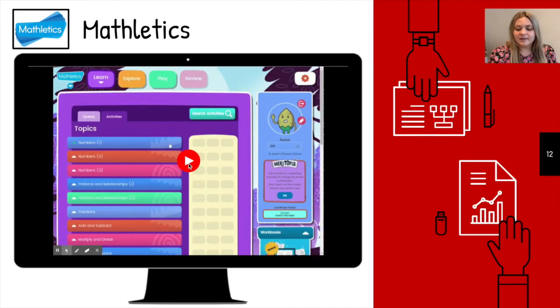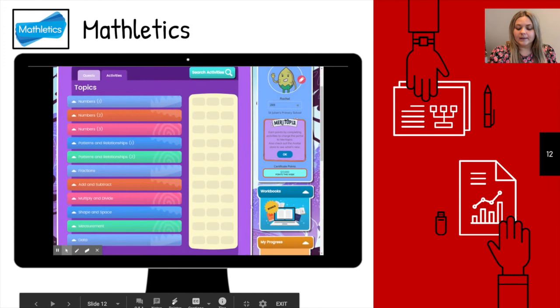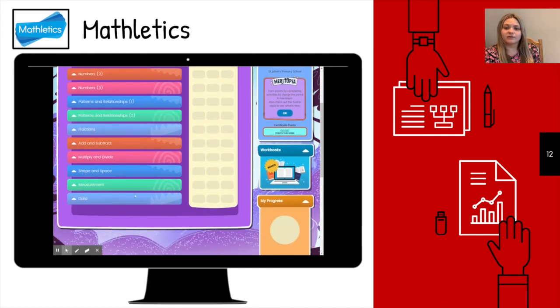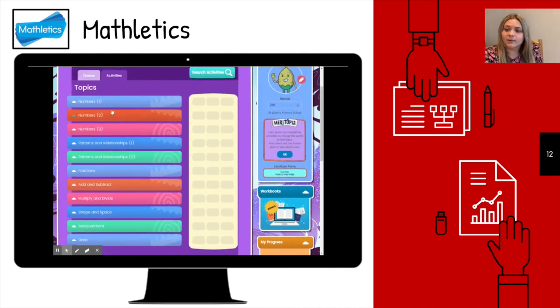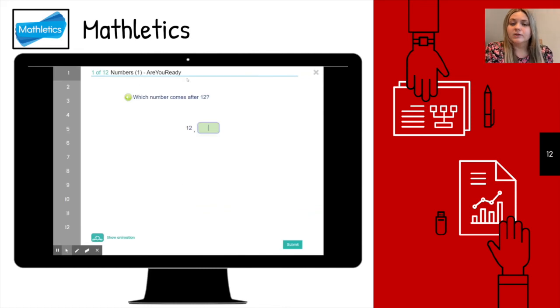Here we have the Mathletics one as well. It proved to be really popular with the children here in our school. They love the game-based learning and they really enjoy receiving certificates on a Friday when they've earned enough points, whether it's bronze, silver or gold. So here I've logged into my Mathletics page, and this is the home page. So you can see the different topics that are covered, and if I was to click on one,